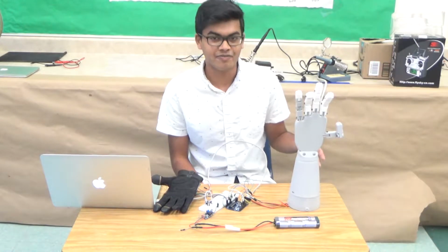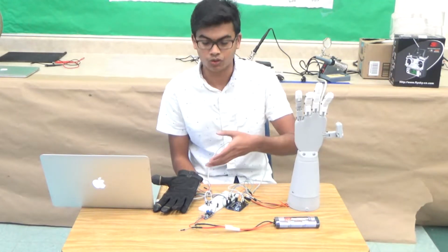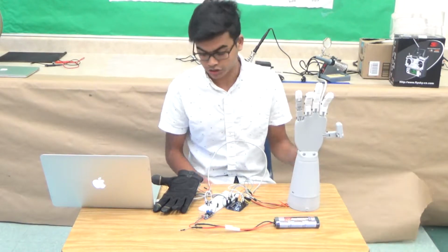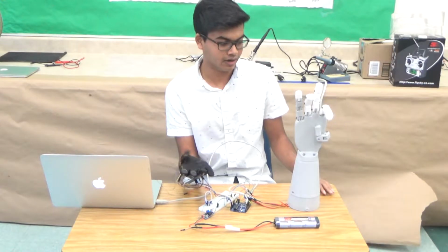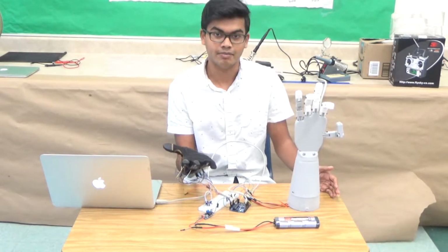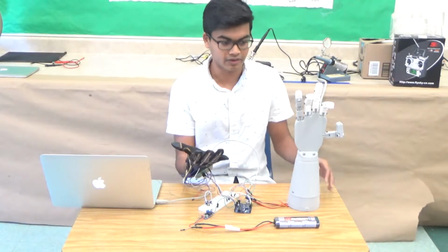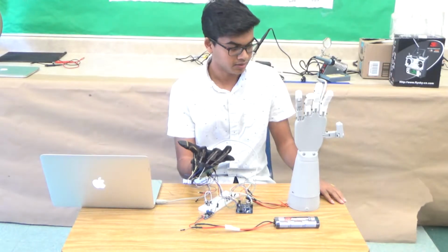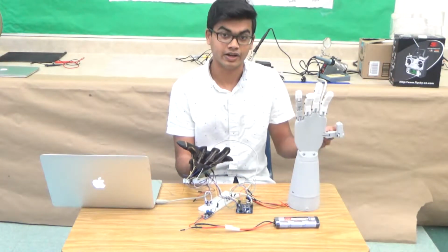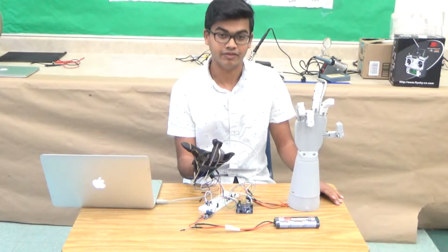So today I have my completed project, which is the 3D printed robotic hand that can be controlled by a glove. For a short demo, essentially what this does is if we put on the glove here, the fingers on the 3D printed hand move corresponding to my glove here. So my fingers correspond to the fingers on the 3D printed hand. For example, if I move my pointer finger, the finger here moves, middle finger, and then the pinky finger,